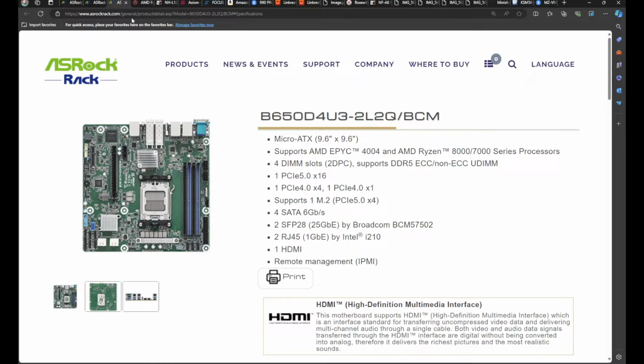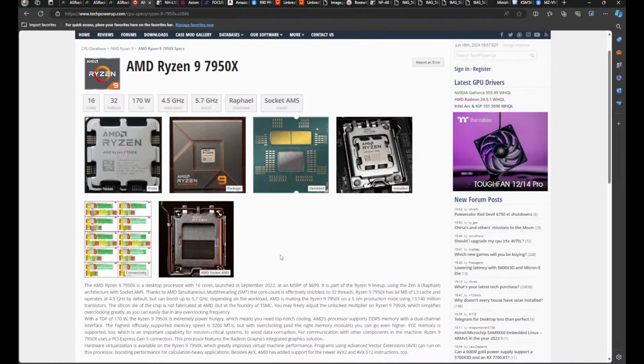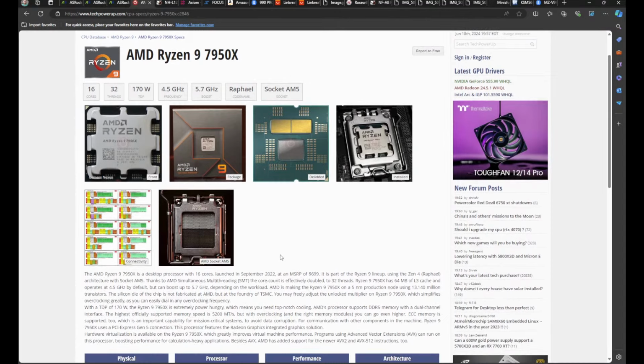And so if we go on down the line here, let's talk about the processor and why I chose this. I chose the AMD Ryzen 9 7950X. And you may say, well, why didn't you choose the top of the line 7950X3D? And I'll explain that to you. So the X3D is